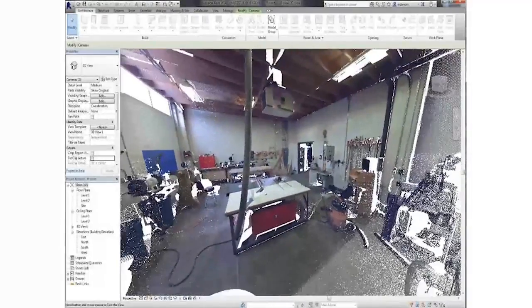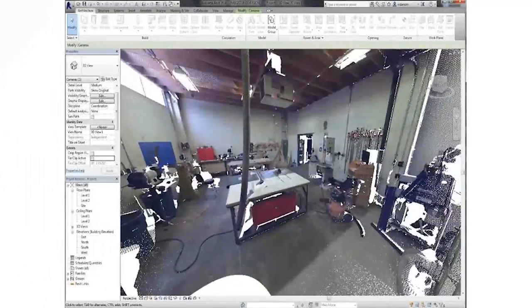You know, we don't have the floor plan for some reason, and we don't want to have to go in and measure all this information just to add a wall and a door, and we're lazy. So in a little bit, we'll go in and add that wall and the door without having to really draw much of anything inside of Revit.